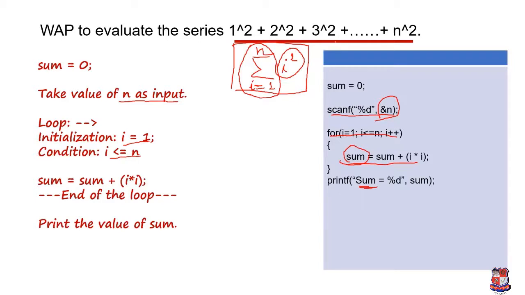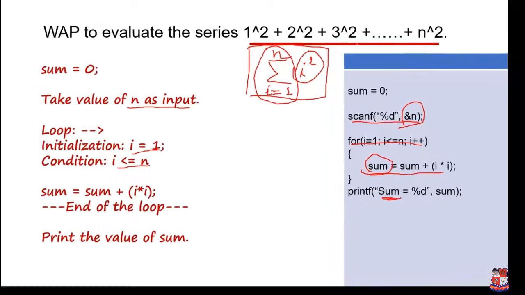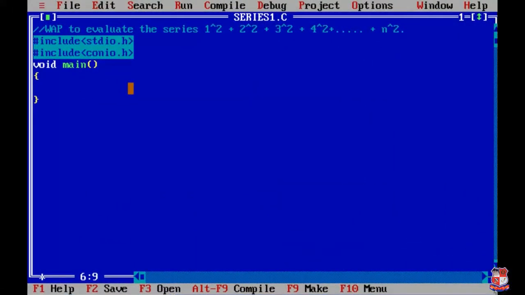Now we'll see the demonstration of this program in Turbo C++. We'll start our demonstration from here. I already mentioned the header files and the main function. Start with the declaration of the variables. I'm taking the data type as integer. We use I as a control variable, n for the number of terms, and sum. We are declaring the sum variable and also initializing it with 0. Then we use the clear screen function, clrscr. After this we have to take input from the user, that is printf,